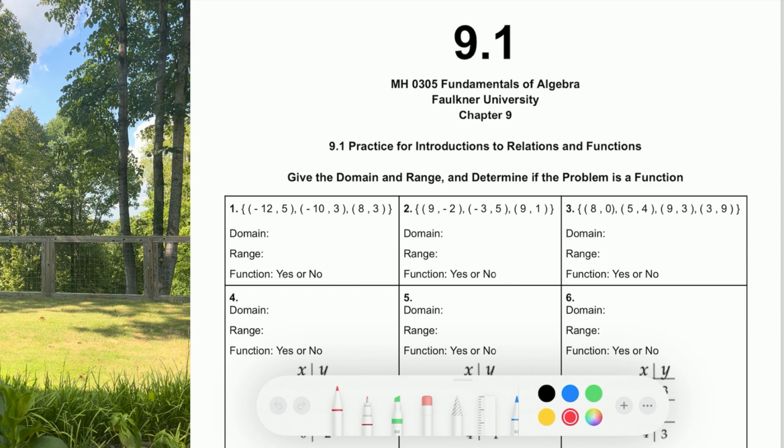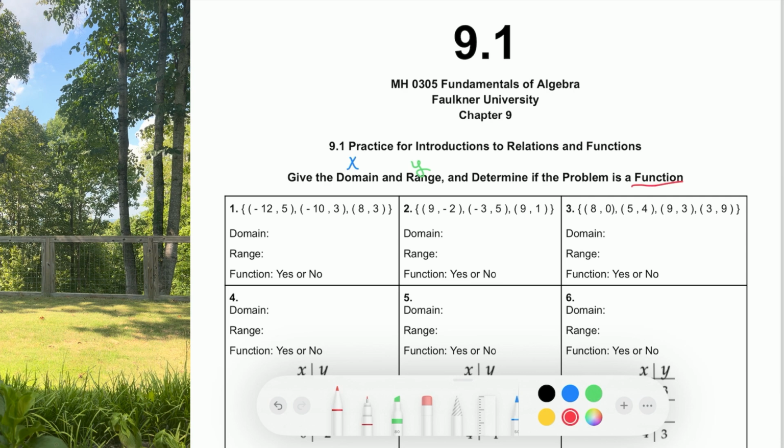Welcome back, students. We'll be looking at section 9.1, practice problems for introductions to relations and functions. They want us to give the domain and the range and determine if the problem is in fact a function. So remember, your domain is the x value, your range is the y value, and then we need to determine